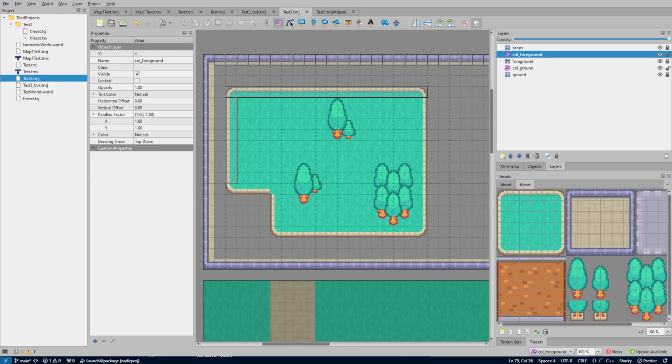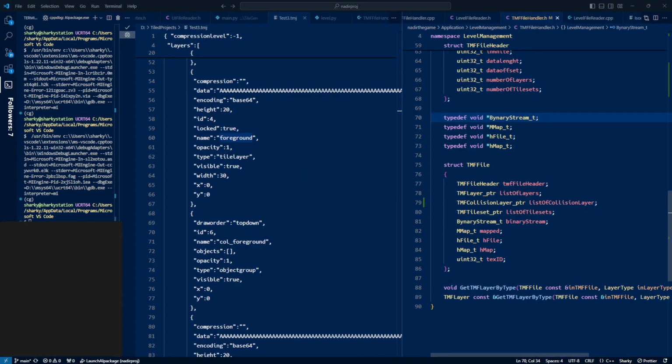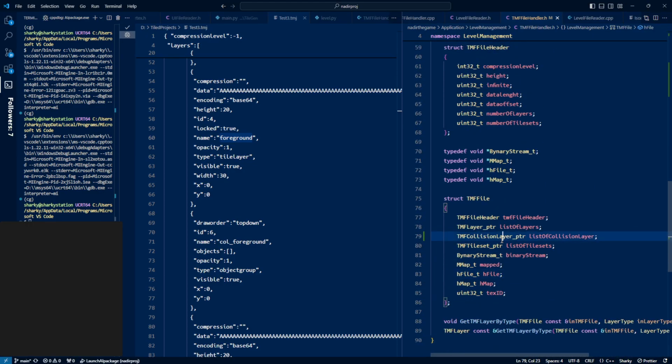TM collision layer list of layer. I will have a possible one possibility is to have different elements. Yeah, I think we will, guys. Sorry, guys, you are not seeing anything. There you go. I was thinking in making some collision layer here in the TMF file